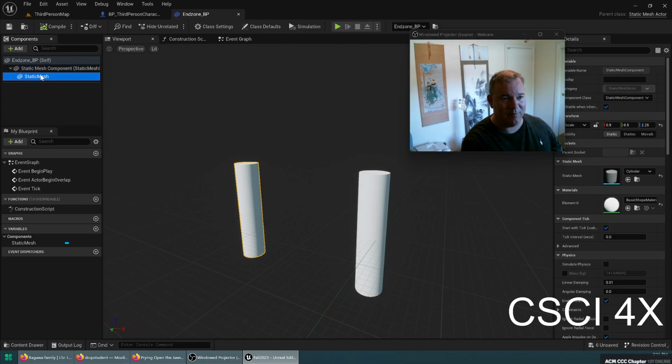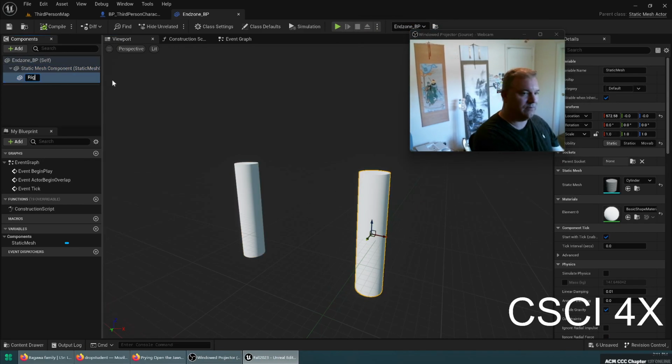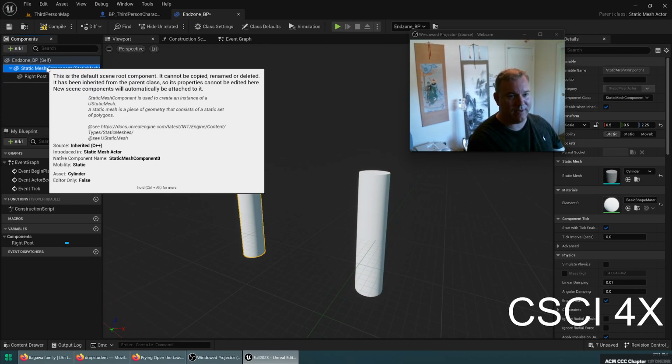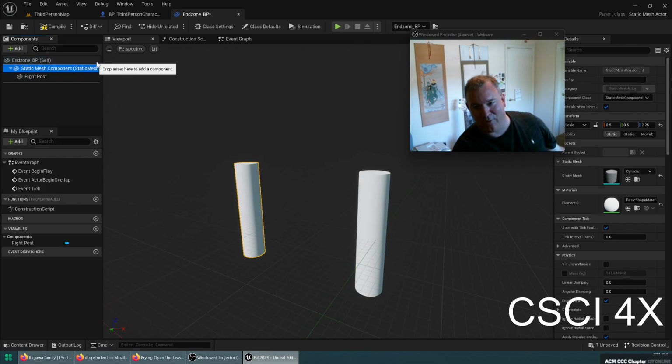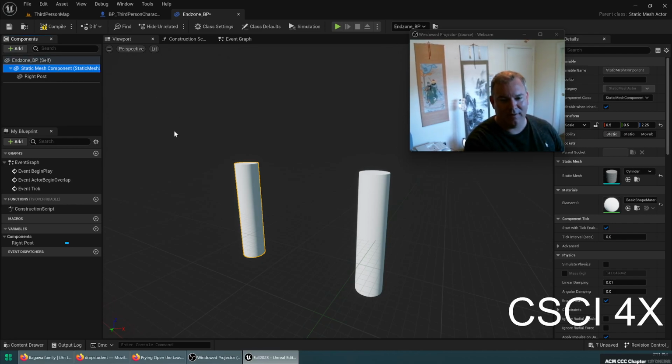Give these guys a name if you want. This is the right post. And this one can't be renamed, I don't think. Yeah. The root component's kind of annoying to work with. You can't change its name and stuff like that. You can't move it either. It's basically the reference for the entire thing. So everything else is